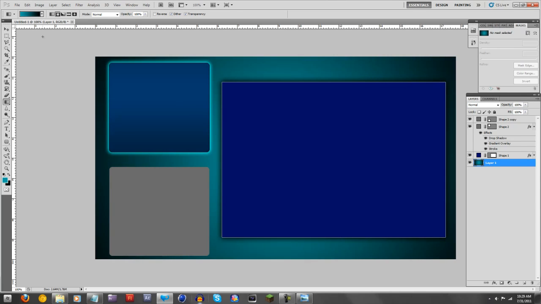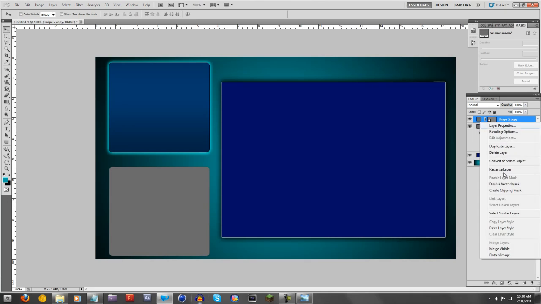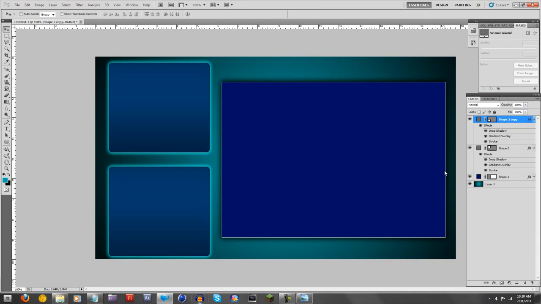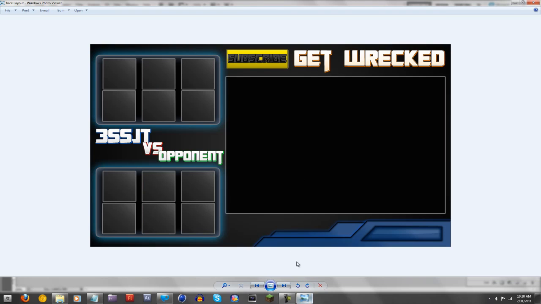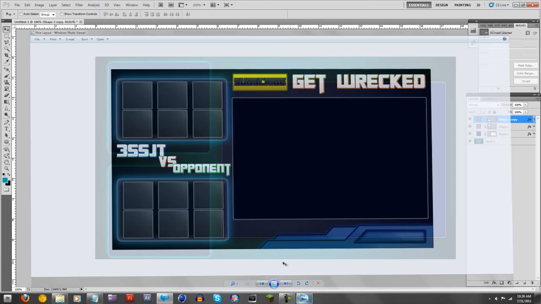And yeah, that looks a bit better. And you don't even need to just do that in copy layer style. Go to this one, paste it, and there you have it. It's obviously not that hard. You can shrink it to make it a bit smaller or whatever. This is what mine looks like. I'm making it a bit different. I'm probably gonna